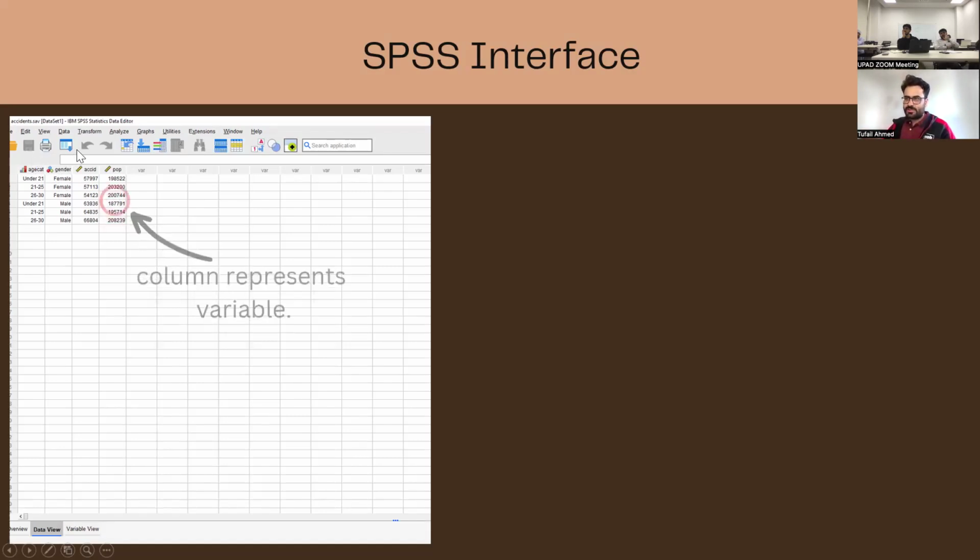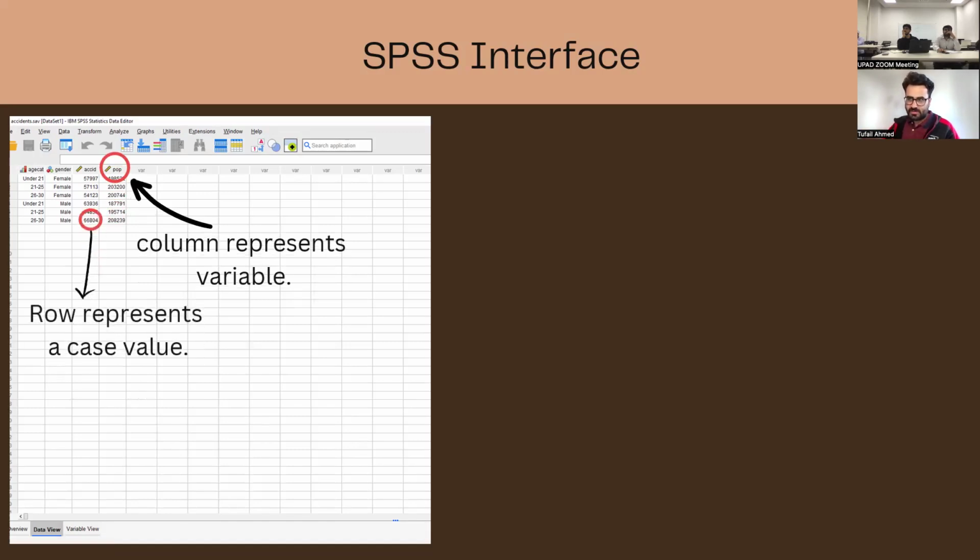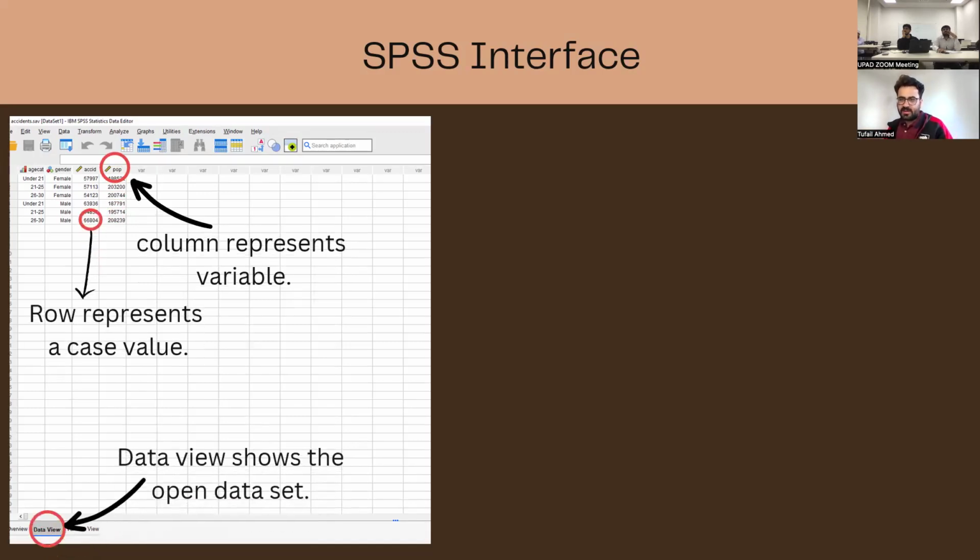So we have columns and we have rows in our data sheet. And this is usually in the data view. And what does a column represent? It is basically a variable. Let's say gender. Gender is my variable. It can be male, it can be female. Similarly, age group. So when I go to collect my data, I will have a list of variables. I have a list of questions, and this list of questions will come into SPSS. And then this column represents your variable, and these rows represent the cases. As I told you, your age group is a case specific to a person. So rows represent a case value.